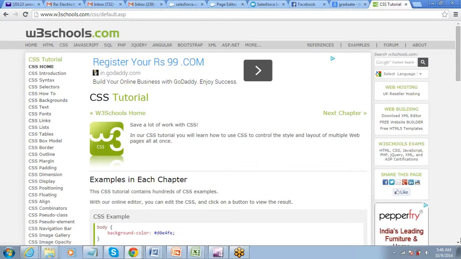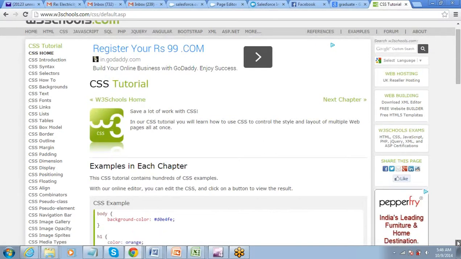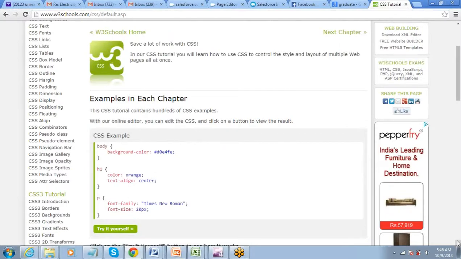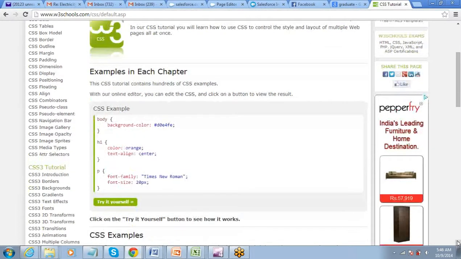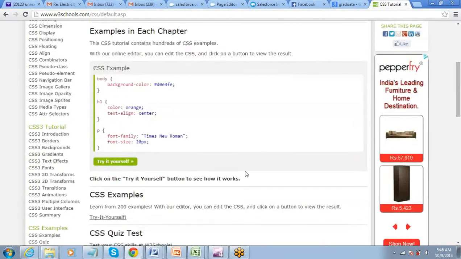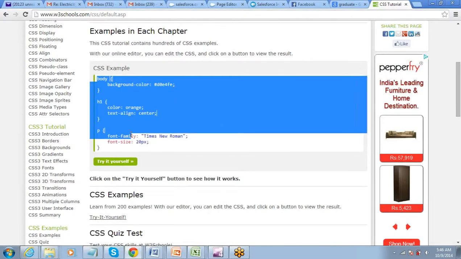All these things can be done using CSS. Basically, you first of all define a style, and then you call that style while writing the code or while you write the tag. That is how CSS works.